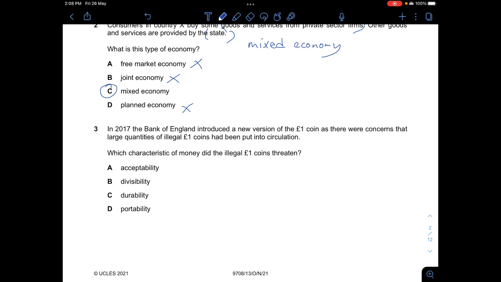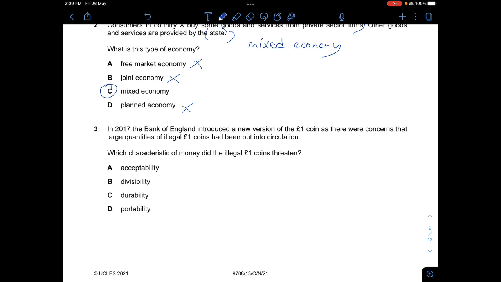So what makes money functional? That will be when you give the money to another person, he or she will accept that particular money as payment for a particular item. So the main point we want here is acceptability. In these 4 options, there is portability, which doesn't really match with what we want here, because it says that